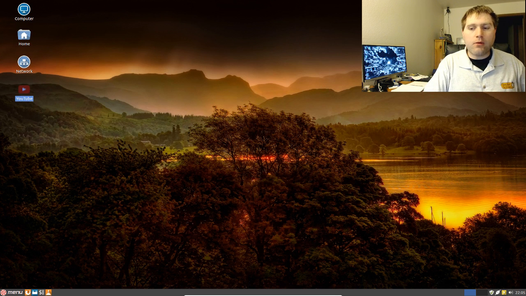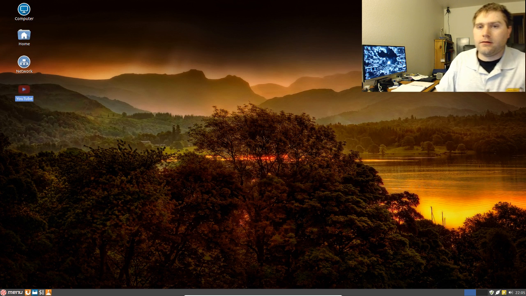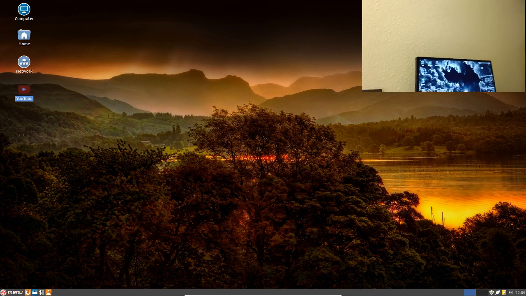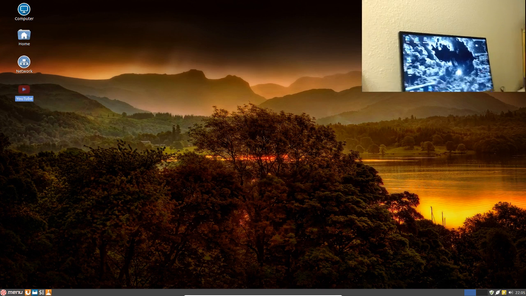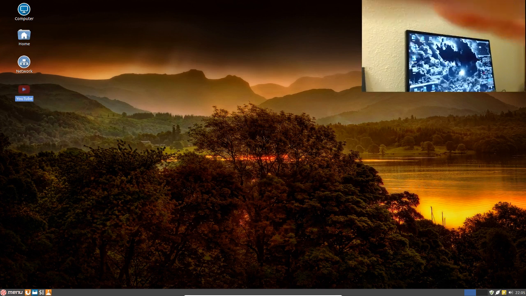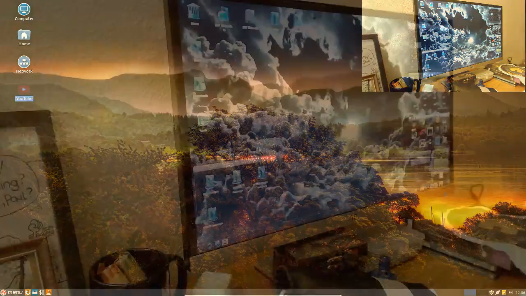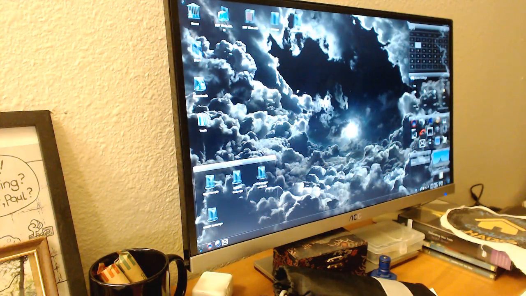Yeah, the same thing might work on, let's see, on Kubuntu. Oh, Kubuntu adding your desktop icons is actually the exact same. Let's see how far I can get my camera over here. Okay, let's see if I can do that. Of course, this computer here is Linux Mint. Let me go to a full screen. I apologize for the craziness of this, but what you have to do is make sure that your widgets are turned on,